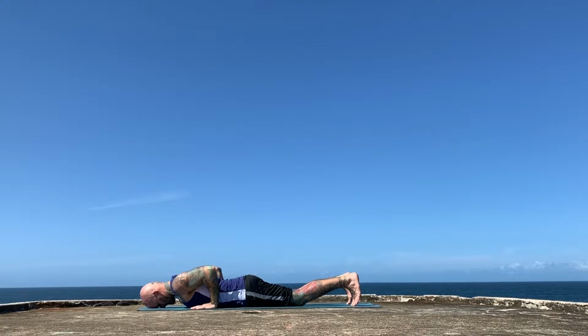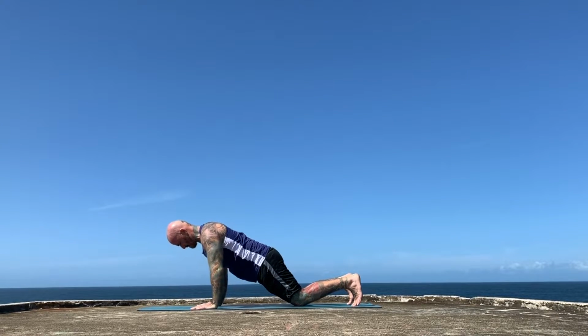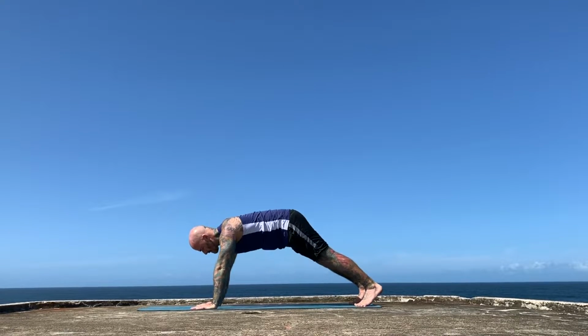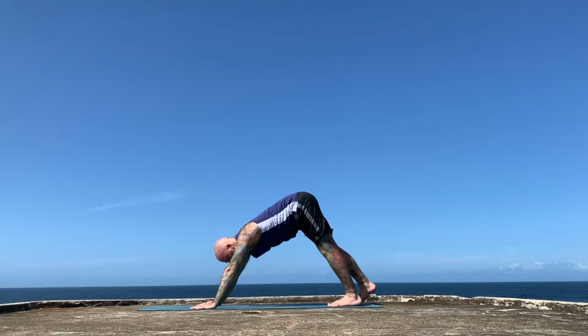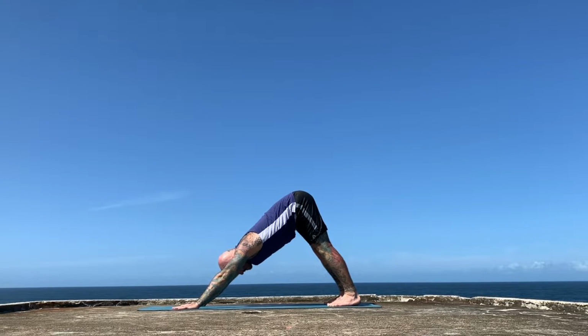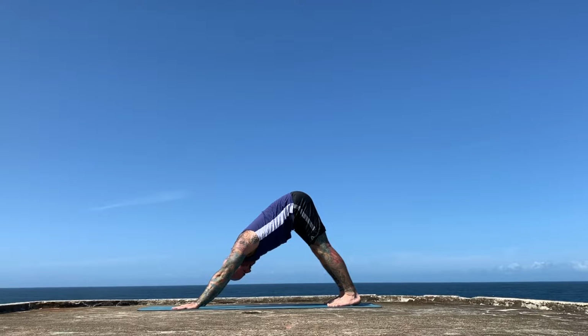Now curling under the toes, keep the knees in the mat, take an inhale, and as you exhale, straighten the arms, and then inhale, straighten the legs, and then exhale, downward facing dog. Now in downward facing dog, make sure that those arms are straight, and like I mentioned at the beginning of practice, think of wrapping the inner shoulder to the outer shoulder, or just wrapping those outer arms into the center